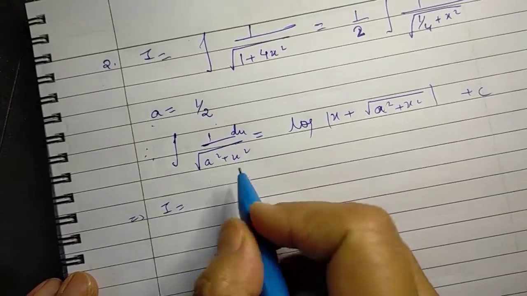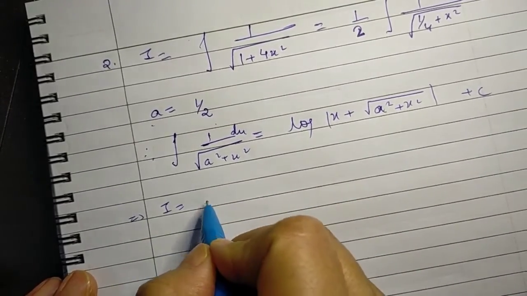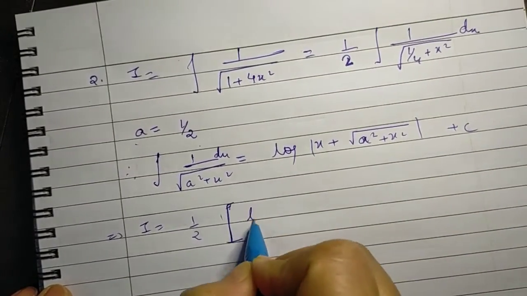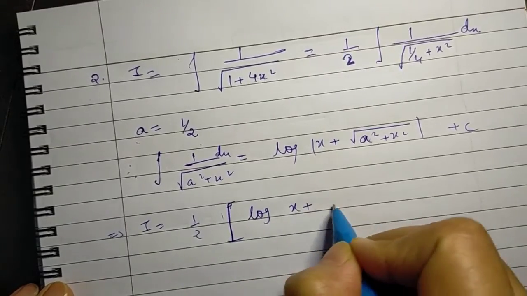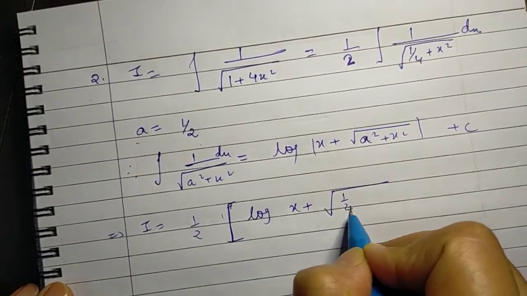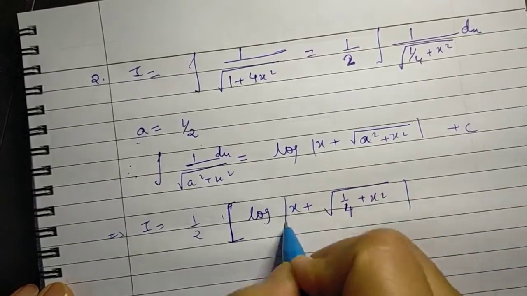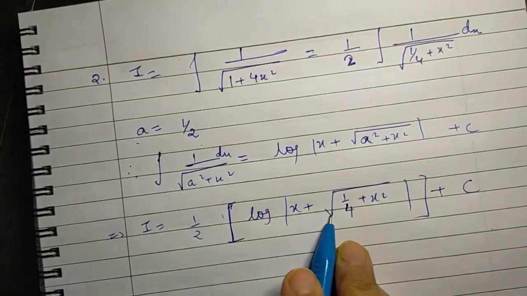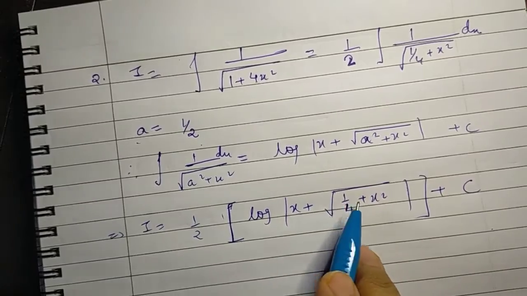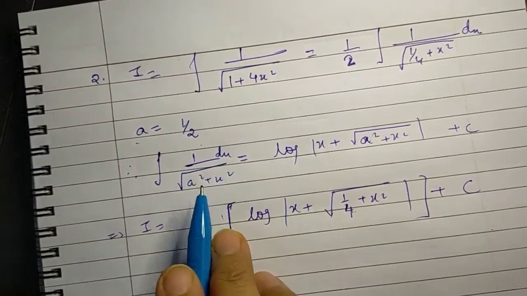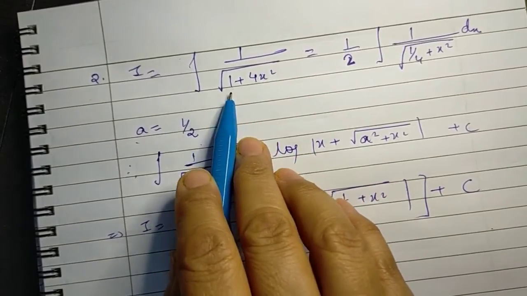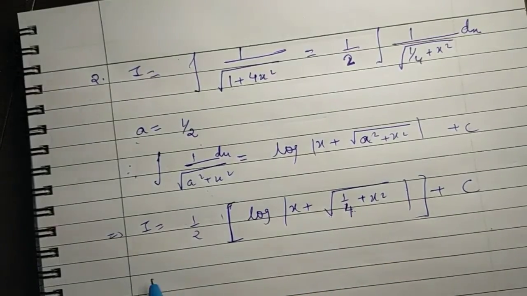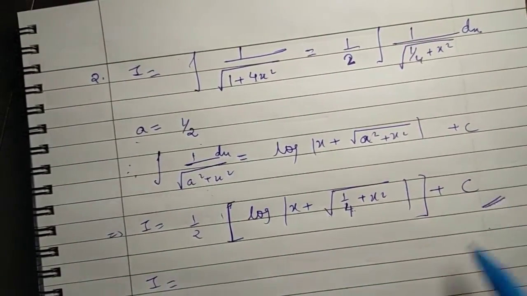We get this as I is equal to half is as it is. Now here directly we write the answer, that is log of x is as it is plus under root of 1 upon 2, that whole square, which is 1 upon 4 plus x squared plus a constant. You can just leave it like this. This is also accepted. Or if you want to bring it, usually we want to leave it in the form in which the question is given. Now the question is given to us in 1 plus 4x square whole under root form. So we also want to leave the answer like this. But at this stage also you can leave the answer.